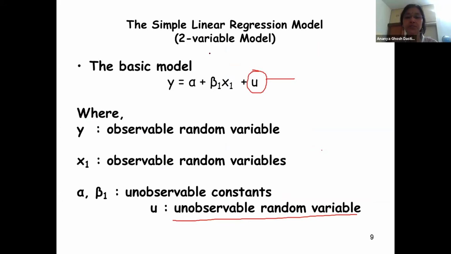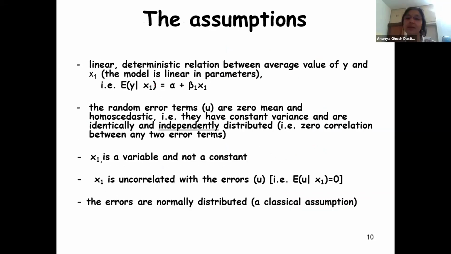If you remember, we were discussing the basic model, and I just told you how, using OLS, we estimate alpha and beta, which are the intercept and the slope of this line that best approximates the relation between y and x. Now, let me take you through some of the assumptions of the OLS model. This model rests on certain assumptions. What are those assumptions? First, we assume that there is a linear deterministic relation between the average value of y